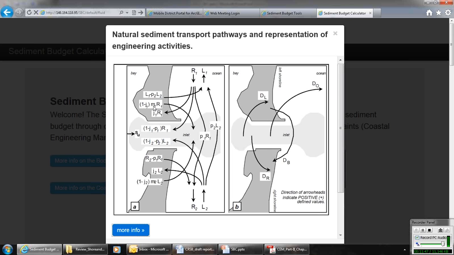Similarly, the M value ranges from 0 to 1. And that represents the amount of inlet-induced transport in the very vicinity of the inlet. And it's a little bit more difficult to estimate as compared to the J value. The way I have used the M values in the past is by looking at the morphology at the inlet. If I have an inlet with a large F-shoal complex that wraps around, and I know there's some reversals perhaps